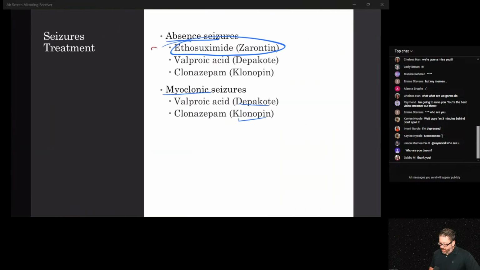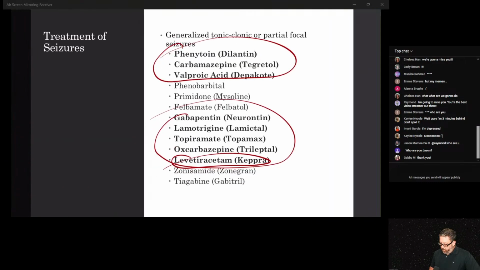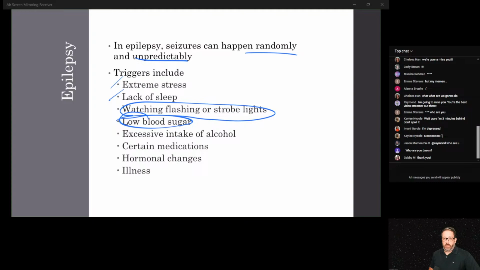So here's that absence seizure. It's just the ethosuximide, the Zarontin. Myoclonic does really well with Depakote and Klonopin. But the generalized tonic-clonic or partial focal seizures do well with the other ones. As far as treatments go,